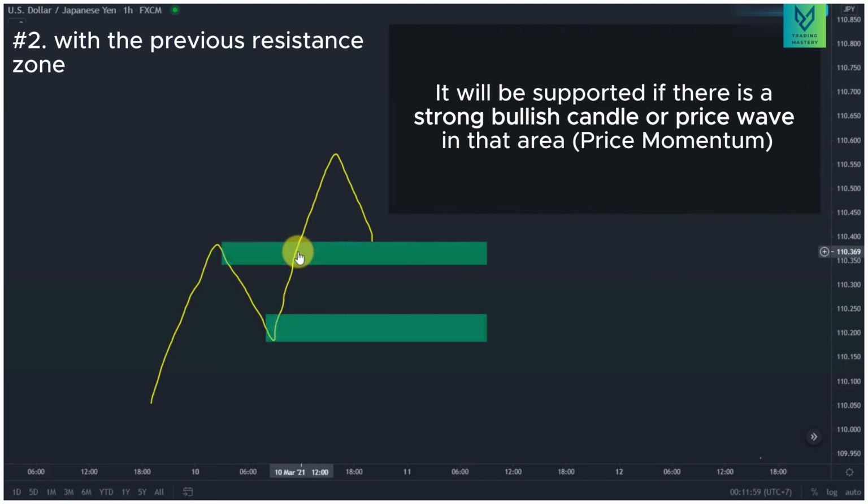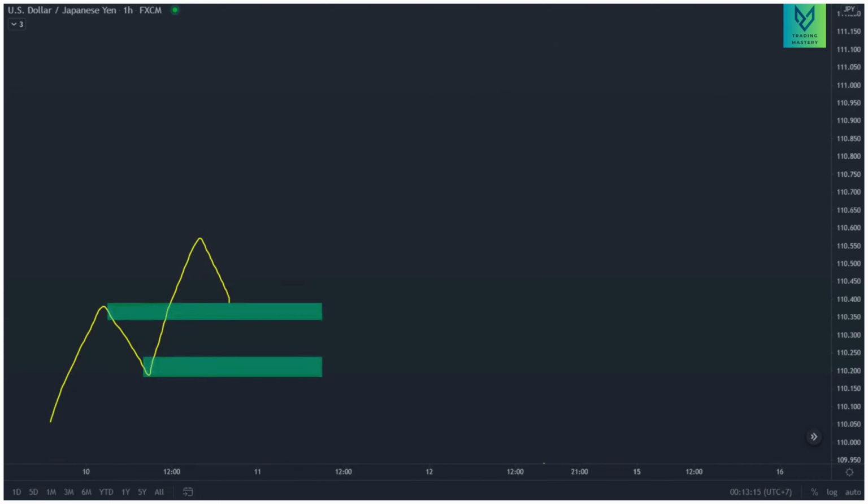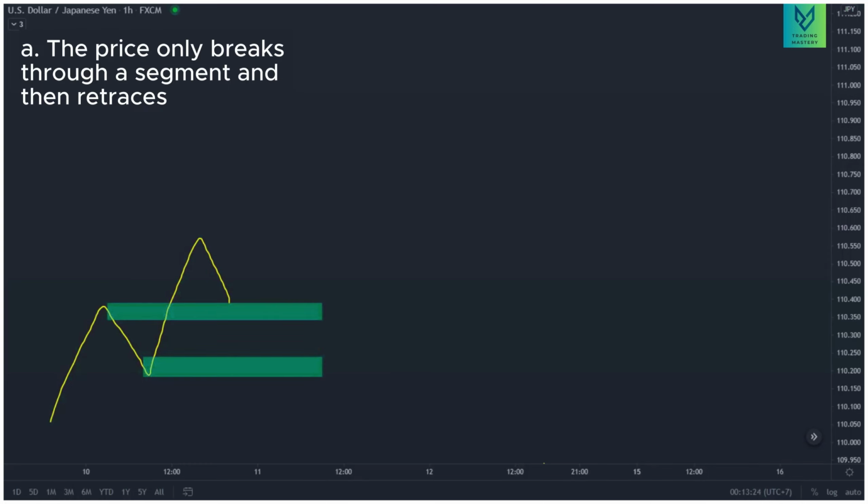And these two buying zones will be supported if there are strong bullish candlesticks and uptrend waves in these areas. That is the price momentum, which is the force of the price. However, due to the two factors mentioned above, we should take note that if the price doesn't break through much